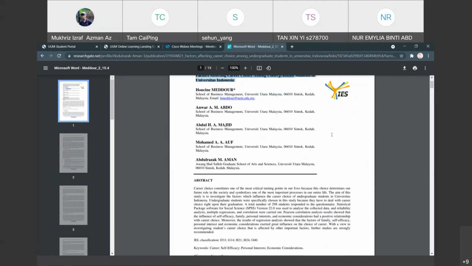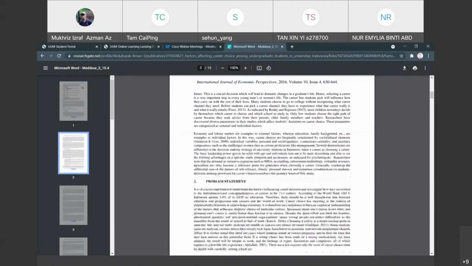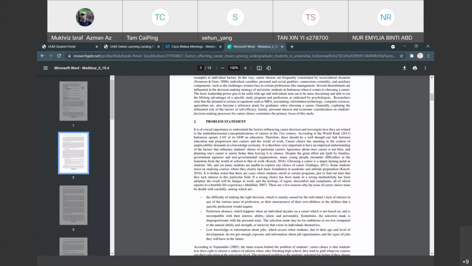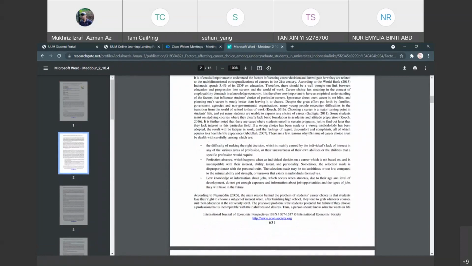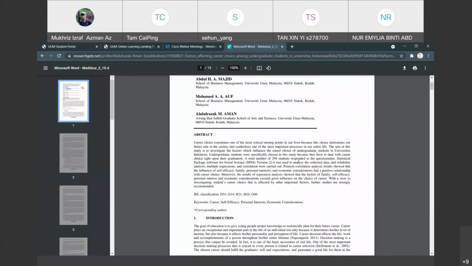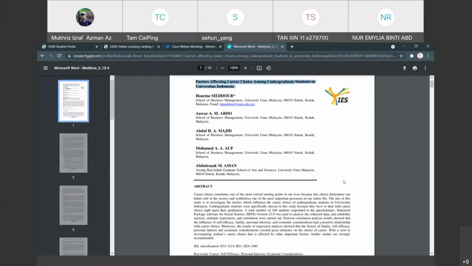I mean, if the article that you open right now, for example, if you go to the top, the author's name, Medo, Majid, these people conduct a research in Indonesia, right?